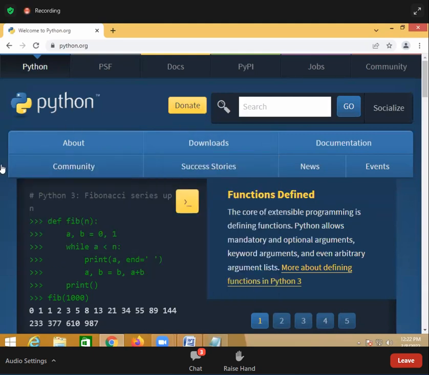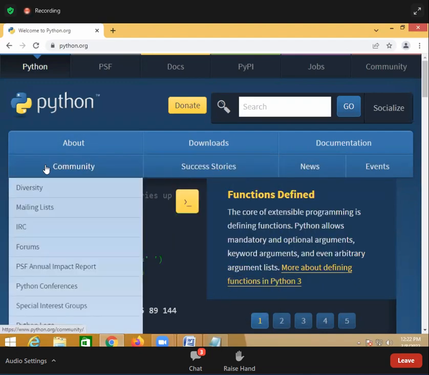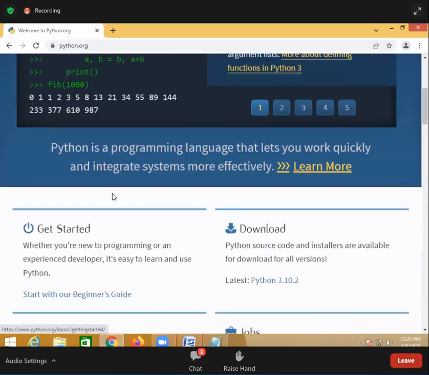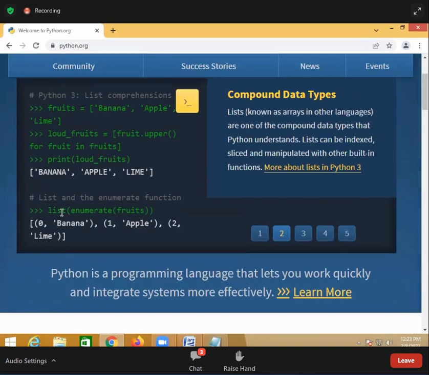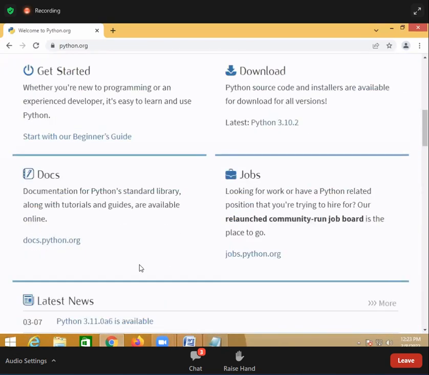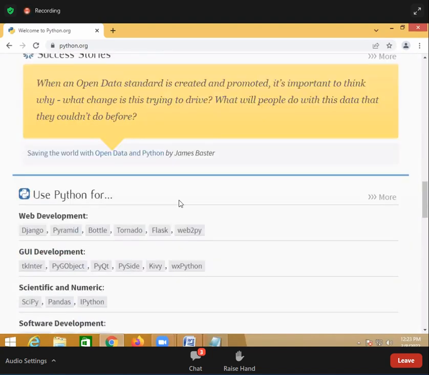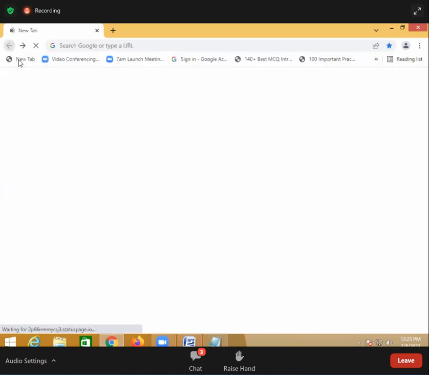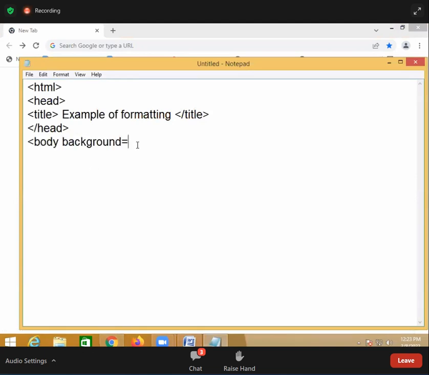a number of tables. Now this is a header. This is a navigation bar. You call this a nav bar. And see, this is divided into a table. This is one, this is one, this is one, and this is another one. It's divided into tables. This is also in the form of tables. It means there are a lot of tags you have in HTML by using which you can develop web